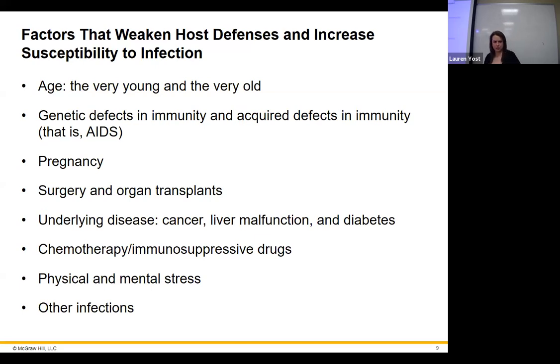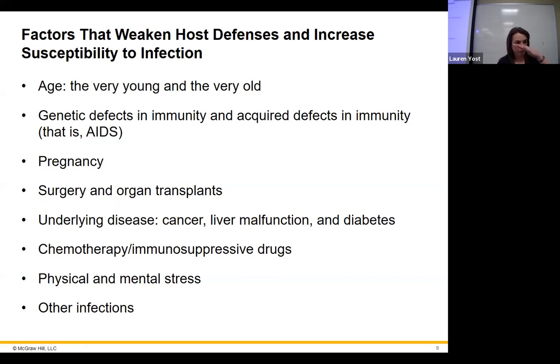Factors involved in disease, this is not news. Your age, any genetic defects or immune defects, pregnancy, surgery, and organ transplants. Surgery, of course, in and of itself, stressing your body out. And of course, an organ transplant is surgery, like the big time surgery. That makes sense, but of course, they have to go on immune suppressants for the rest of their lives, literally for the entire rest of their lives. Otherwise, they risk their body seeing those new organs as foreign. And that's always going to be a risk forever. So they stay on drugs to help with that.